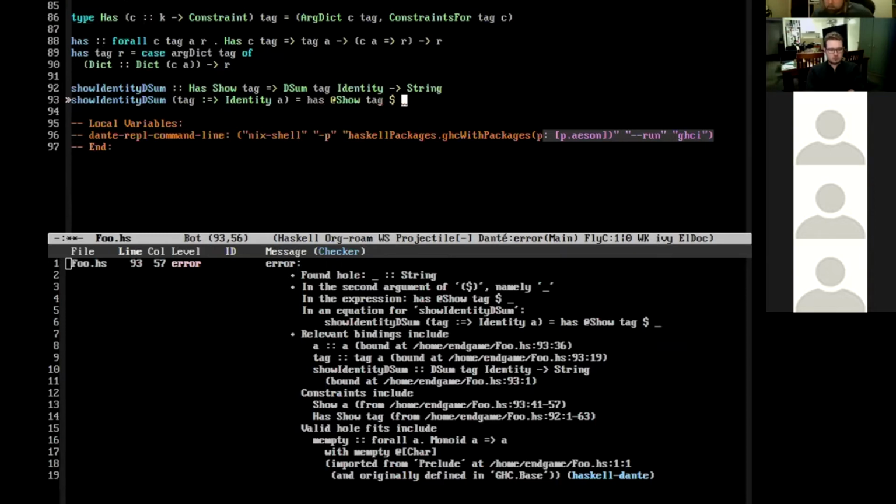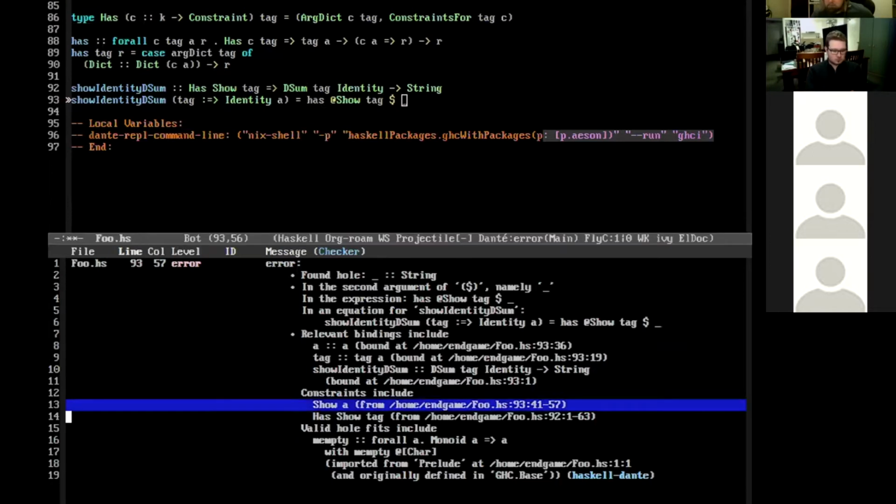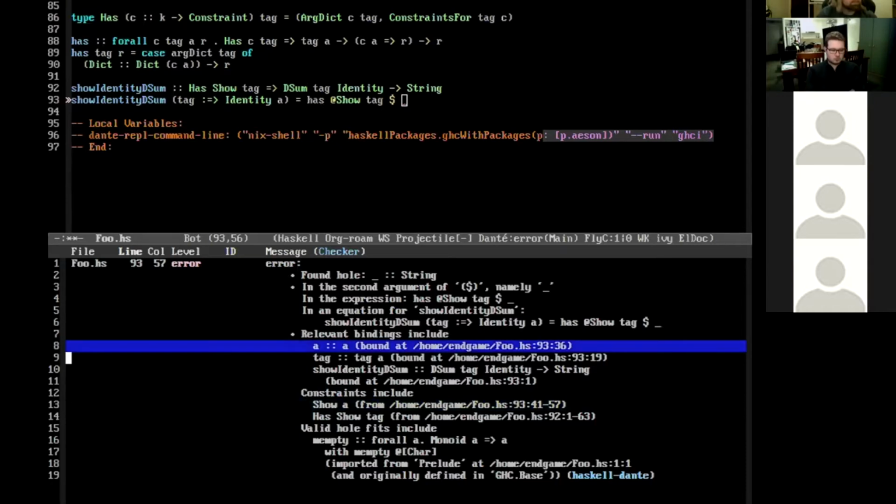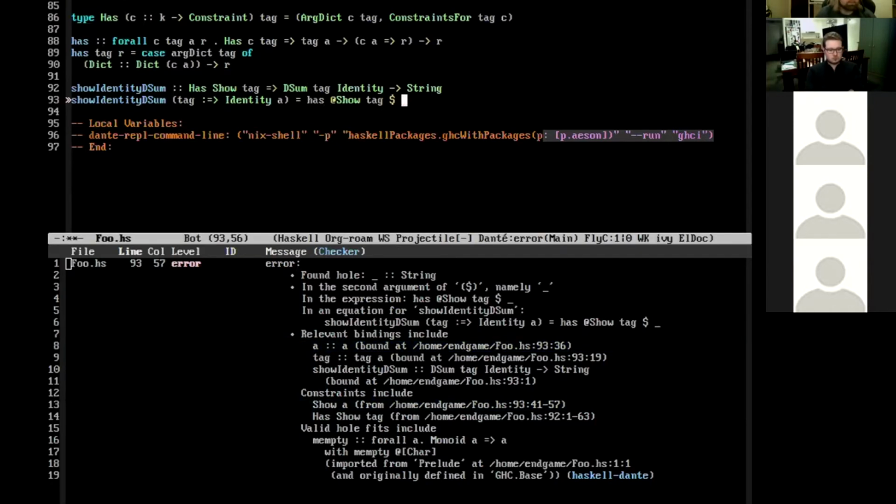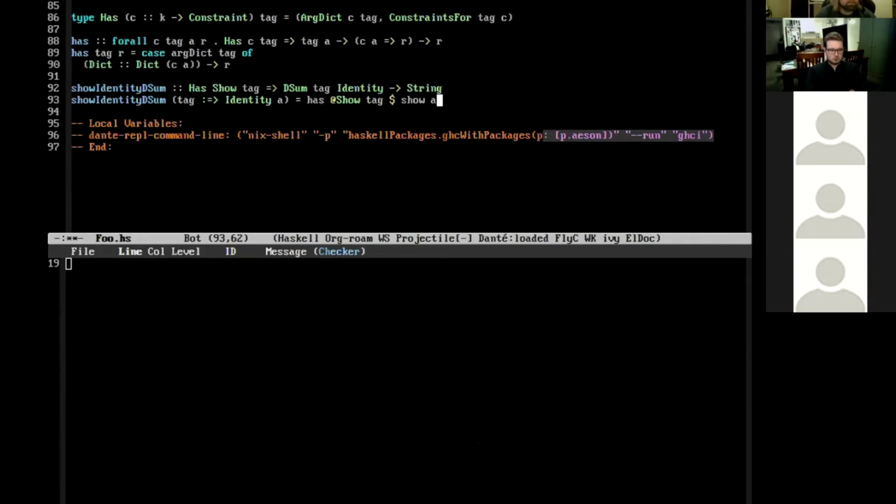So you can see now we say constraints include show A, even though we don't know anything about this A except that it's the A from the tag. So that gives us what we want, and we can say show A, and that works.